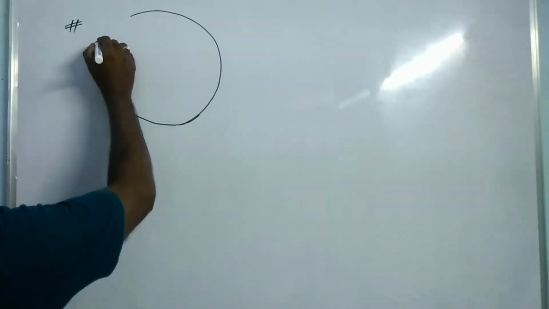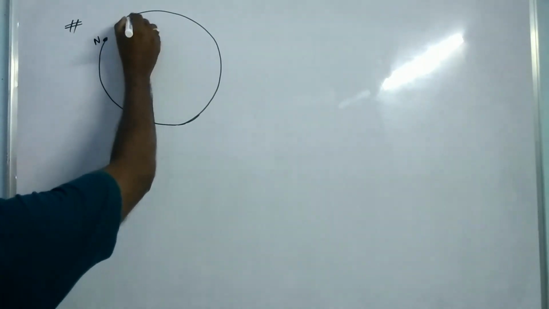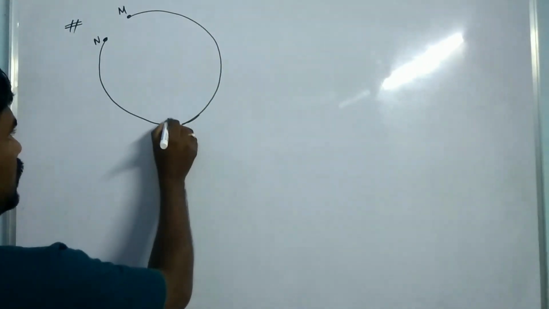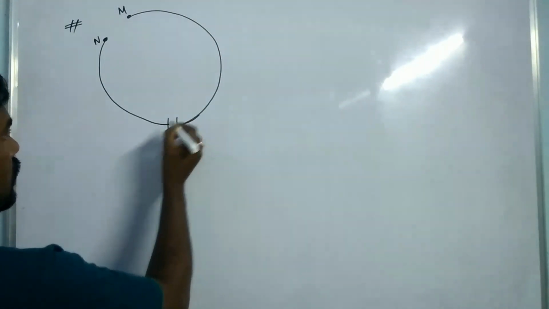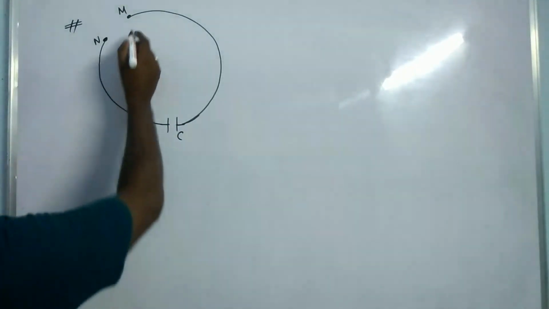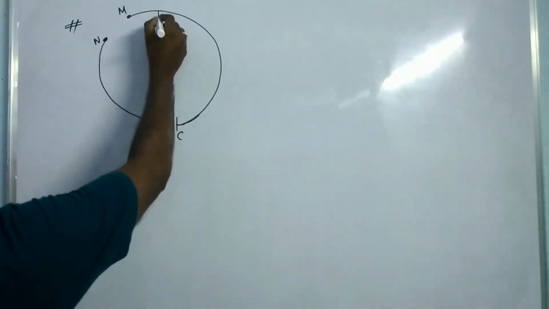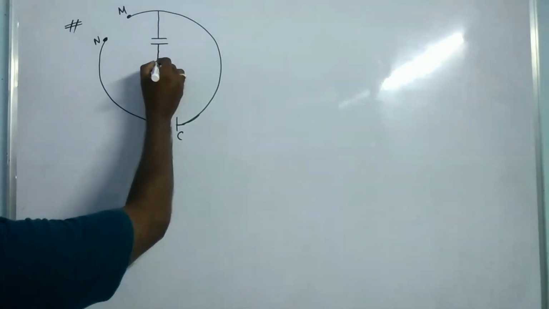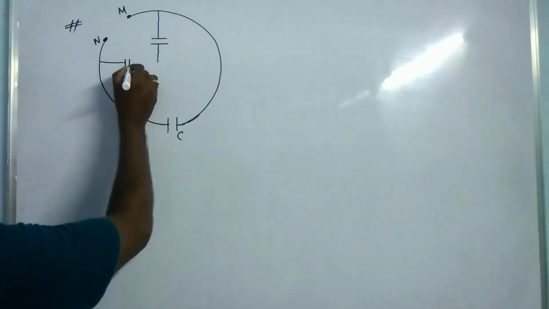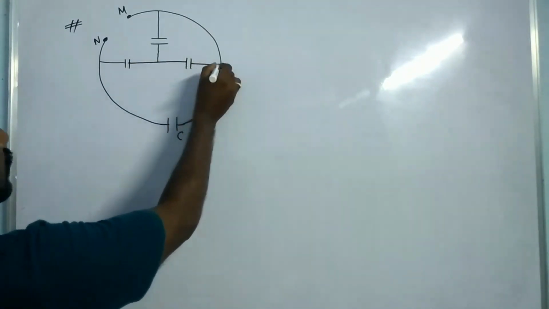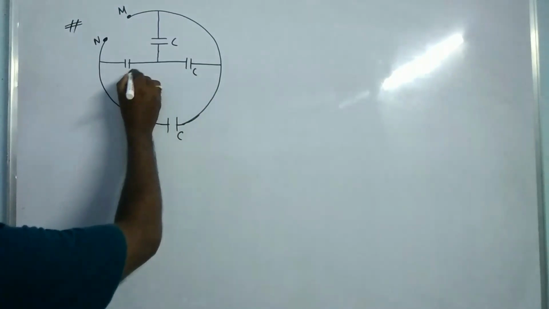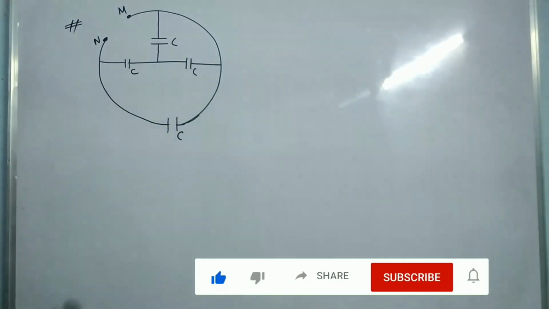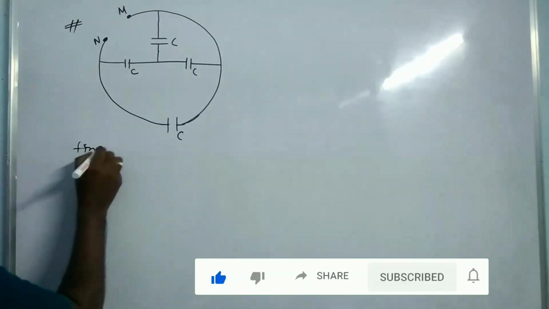Here this is point N and this is point M, where there is a capacitor having capacity C, and one more capacitor here, another capacitor, and here a capacitor. So each capacitor has the capacitance C. Like, find the effective capacitance,